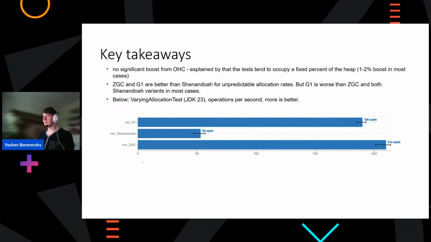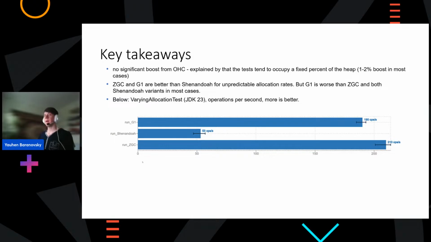So probably this is because of the short-term nature of those tests, and some real-life applications might provide different results in this regard. And also, it's important to remember that object header compression is an experimental feature in JDK 24 and may receive boosts, for example, in JDK 25, which is coming this autumn and will be a long-term support